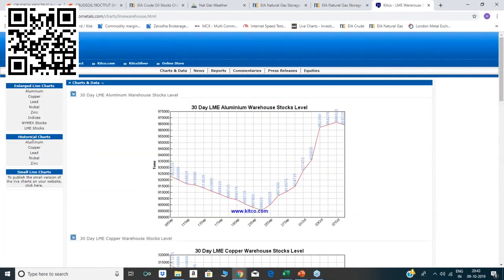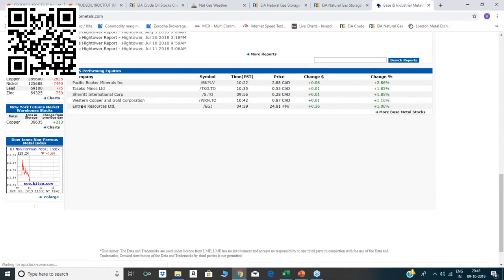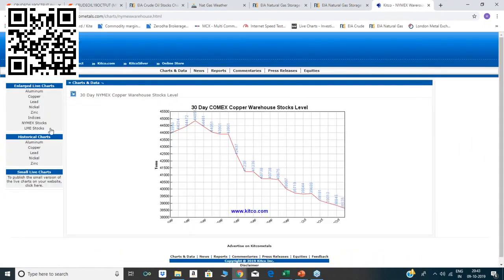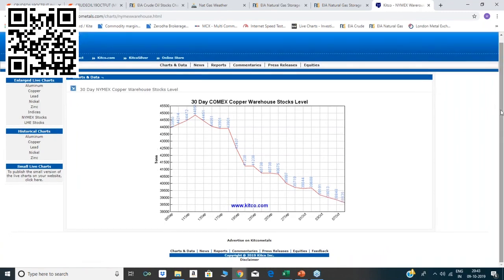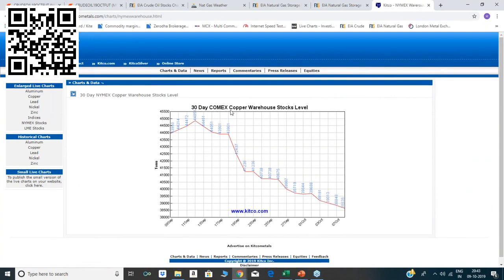See here, you can look into the historical chart, enlarge everything, each and every piece of information required for the base metal fundamentals or whatever you want to see. See, the copper charts are given over here. You people will be able to find it over here. You will get the inventory data chart. What was the inventory? It would be the 30-day COMEX copper warehouse stock level, right? But it would be a little bit delayed. Okay.